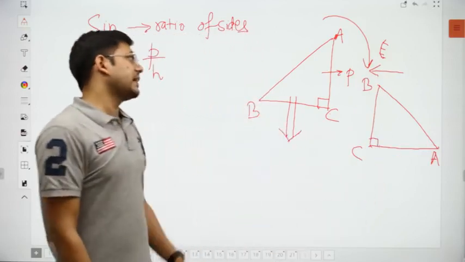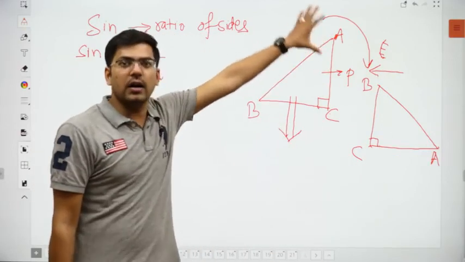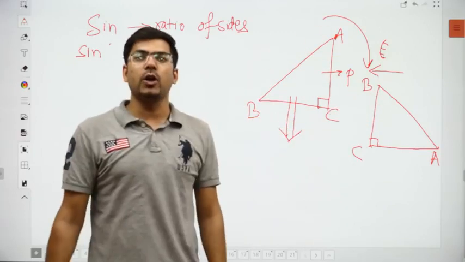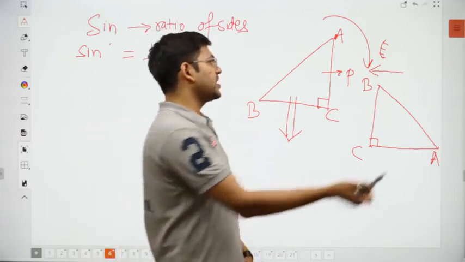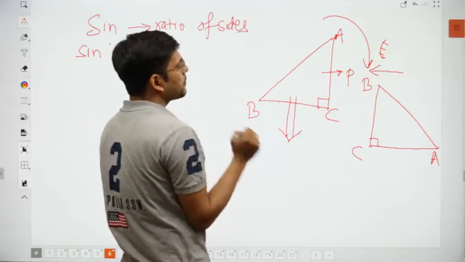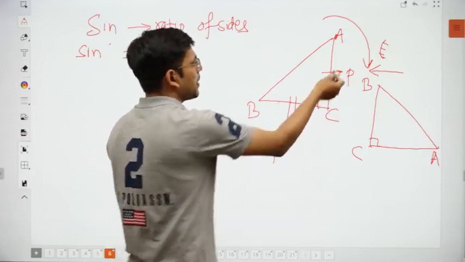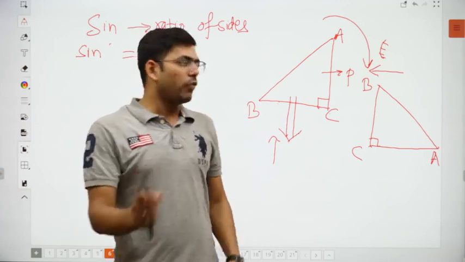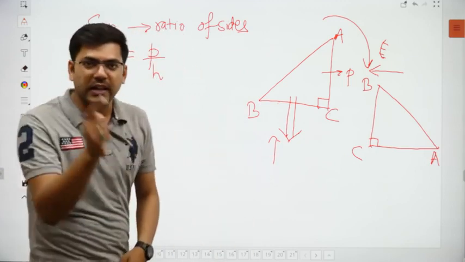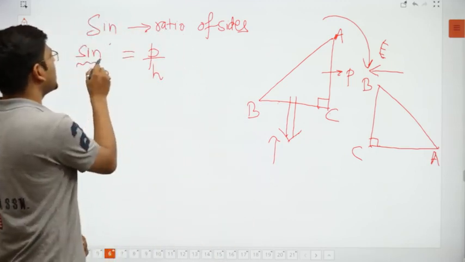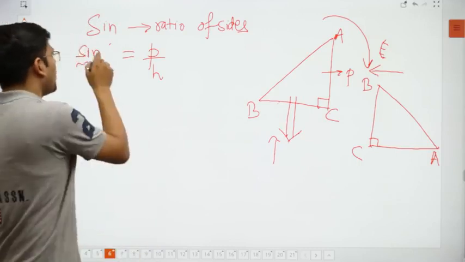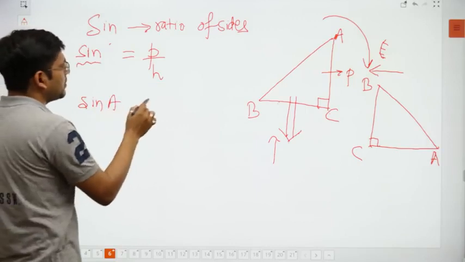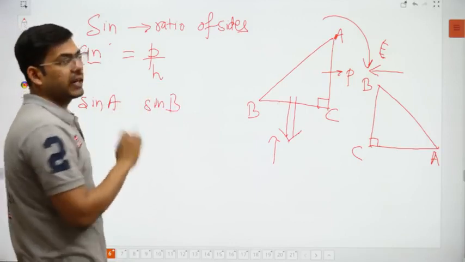Now, if you are saying the side which is standing on the horizontal will be the perpendicular, then this time this should be the perpendicular. So if I see from this side, the perpendicular will be BC, or if I see from this side, the perpendicular will be AC. So this will be a great confusion. Just to avoid this confusion, the convention that has been made is that sine is always accompanied with an angle. We cannot write only sine. We have to write either sine A or sine B or sine theta or something like that.